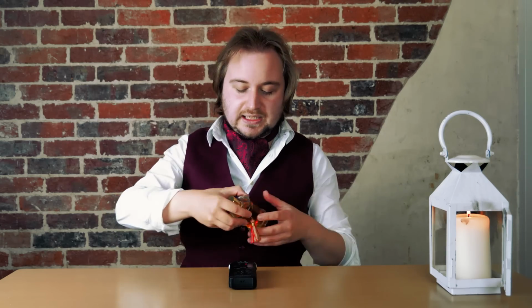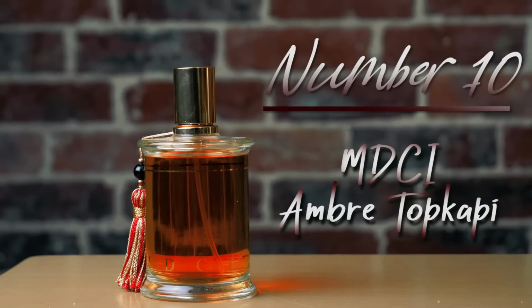This is number 10. This is Ambre by MDCI Parfums. This is such a unique one because every now and then I'm just kind of drawn back to it. It's very easy to wear. Again, a very soft amber, most certainly, but it's more like an amber mixed with tea, maybe even a little bit of vanilla and maybe orange blossom in here. It's just very monotone, but with that it's also very well made, so I keep just going back to it